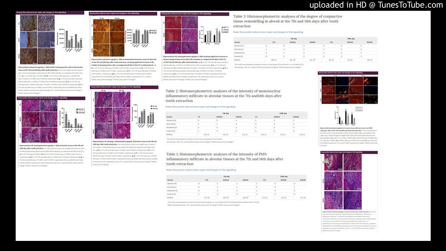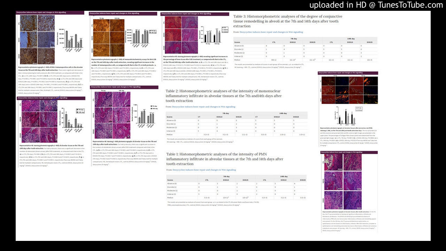Immunohistochemistry for WNT10B. Figure 6 shows representative photomicrographs of cells immunopositive for WNT10B on the 7th and 14th days after tooth extraction. Data quantification revealed significant and similar increases of 130% in the groups treated with DOX10 and DOX25 compared with the CTL group on the 7th day. A similar pattern, increases ranging from 140% to 150%, was observed in the DOX groups on the 14th day after surgery. Figure 6.